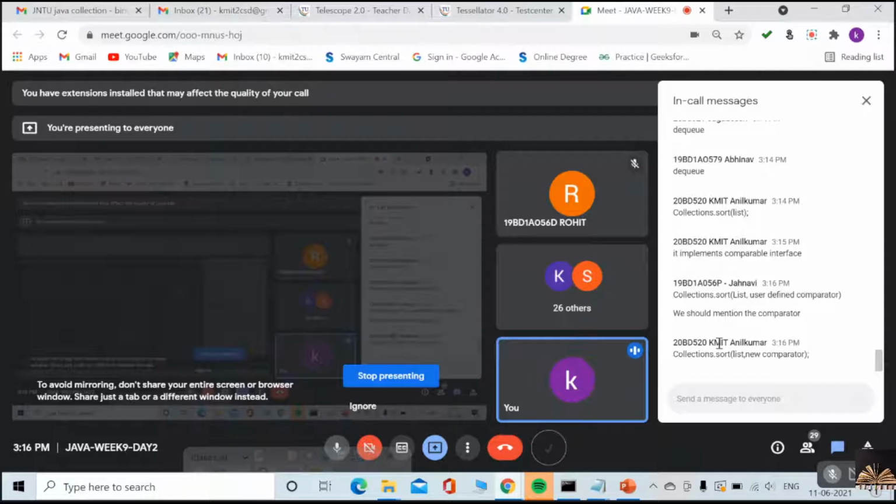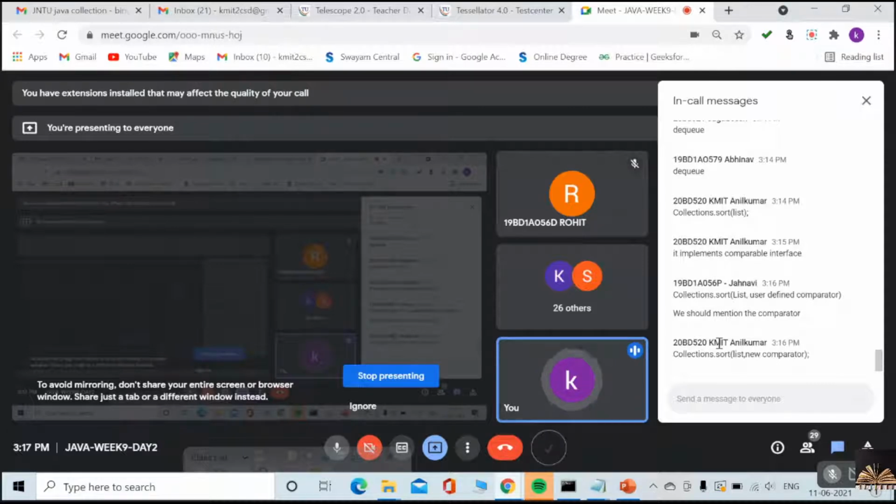And did I leave anything? The sort method is what type of method it is? As I am calling that sort method by its class name, what type of method is it?